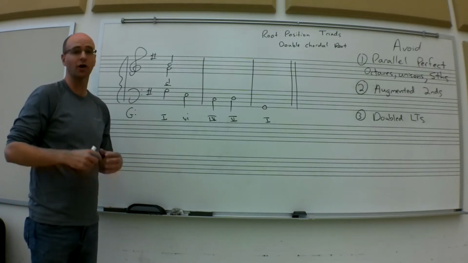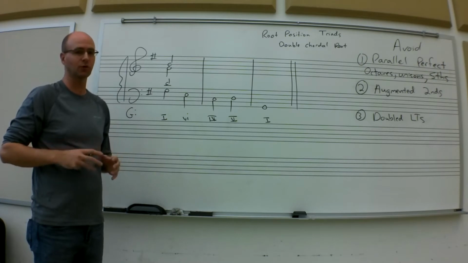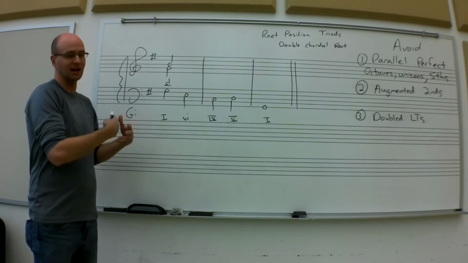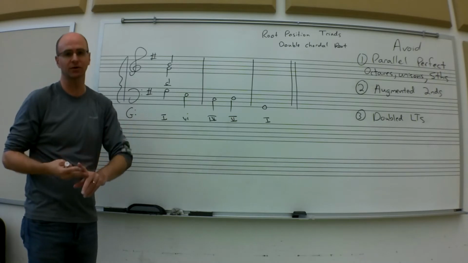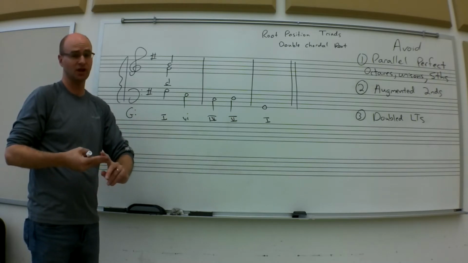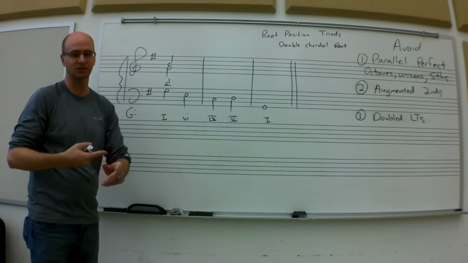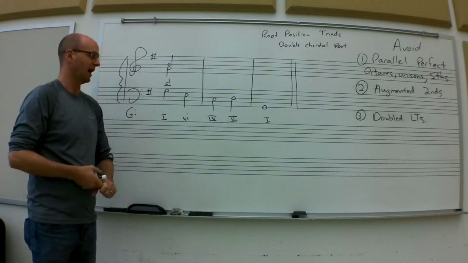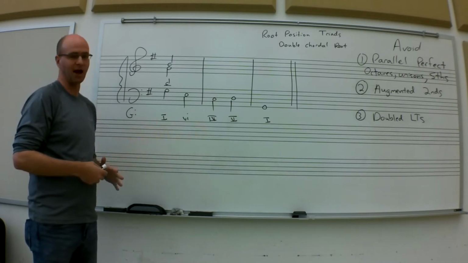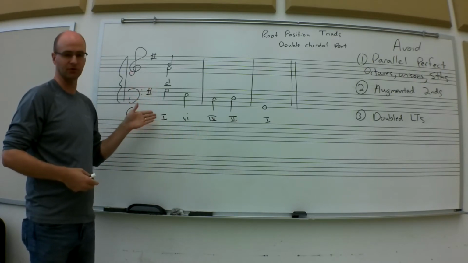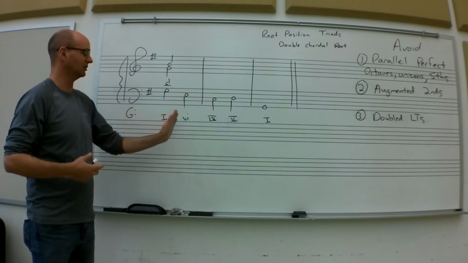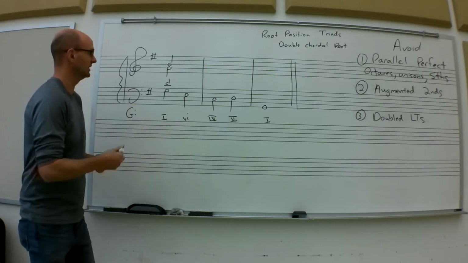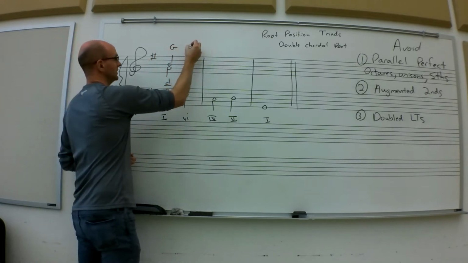In this video on root position part writing in 4 voices, we are going to go over an example that encompasses all of those 3 categories that were mentioned in earlier videos. Chordal root relationships by second, chordal root relationships by third, and chordal root relationships by fourth or fifth. In this example, which I've already written out the bass line plus the voicing for the first chord, we can take a look at this progression 1 to 6 starting out and realize that the root relationships between these 2